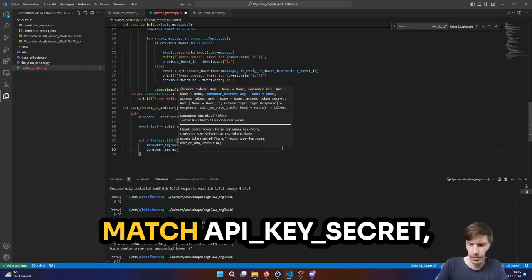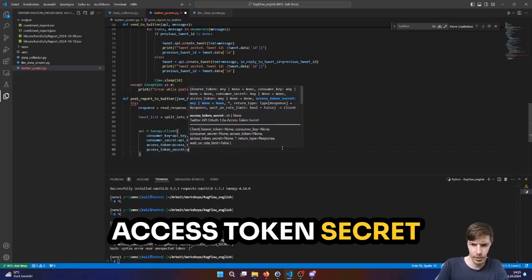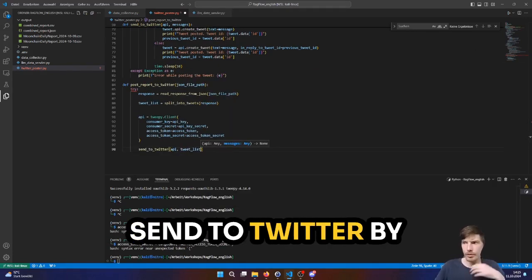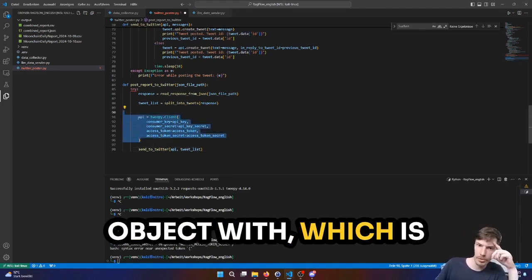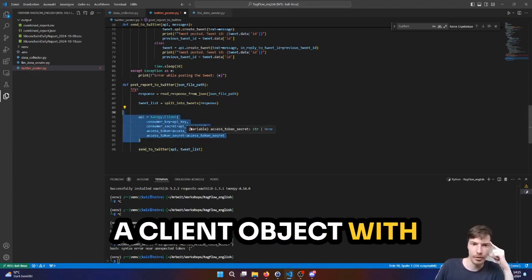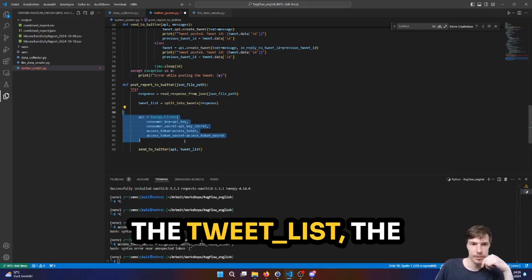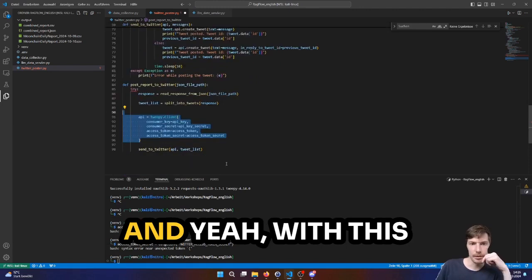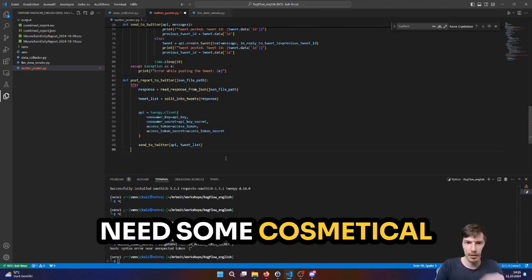Secret, key secret, access token secret. So with this, we go and send it to Twitter by providing the API object, which is a client object with our API keys and our secrets, as well as the tweet list. The send to Twitter we already wrote here, and yeah, with this done, we now just need some cosmetic parts